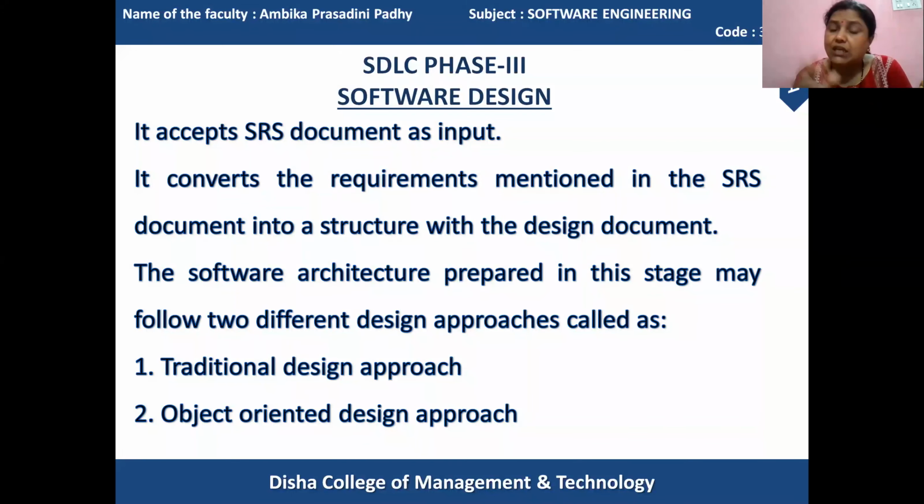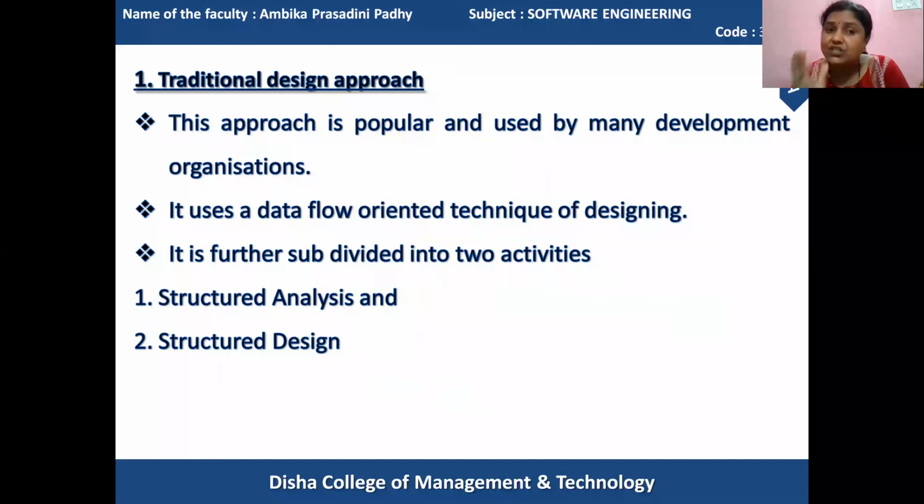And the architecture of the real system can be categorized into two types. The system can be either of traditional type or of object-oriented type. If the system is of traditional type, then the design process will be different. If it is of object-oriented type, then the design process will be of a different type. If it is of traditional type, then the information flow will be sequential, the operations will be function-oriented, and the execution will be performed by performing structured analysis and design.